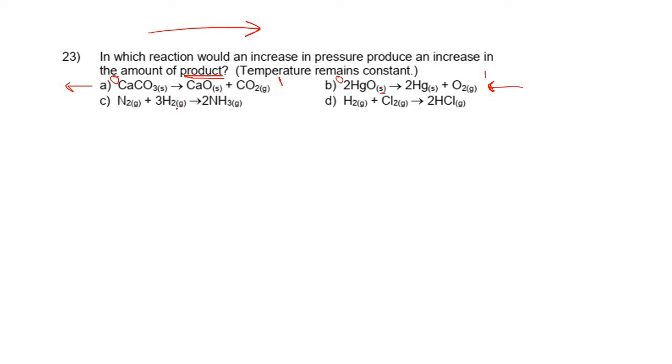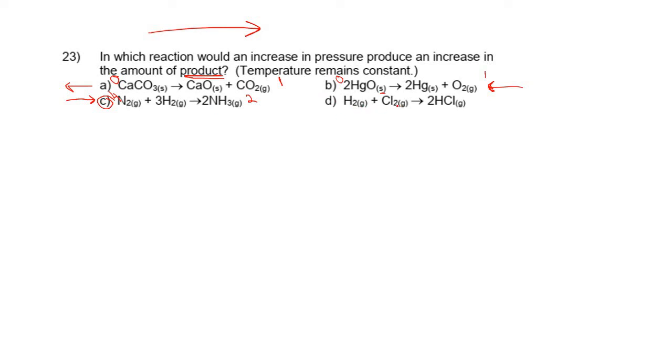C, 1 plus 3, so that's 4 moles of gas on the left and only 2 on the right. So now this side has more. So we want to shift away from what's added. If we're adding pressure, you want to go away from the side with more gas molecules. So this is the one that's going to shift right. So that's our answer, right? You want to go to the side with less gas particles because that's going to reduce the change, less collisions, bring the pressure back down.